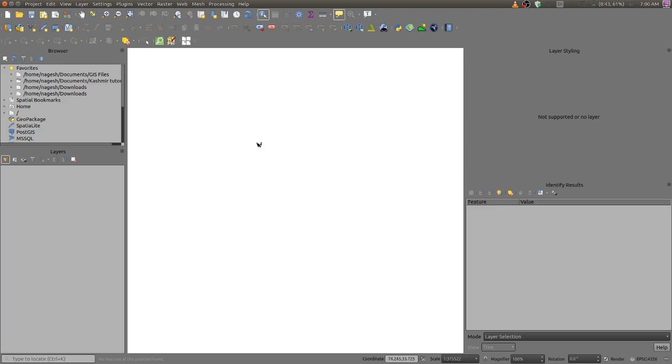Open QGIS. In my earlier video, I described how you can create a favorite and bring your favorite folders under this browser, so that you can easily access the files which you need at the click of a button. Now I am going to bring the DEM to the map window by going to that favorite folder where I have stored the DEM.